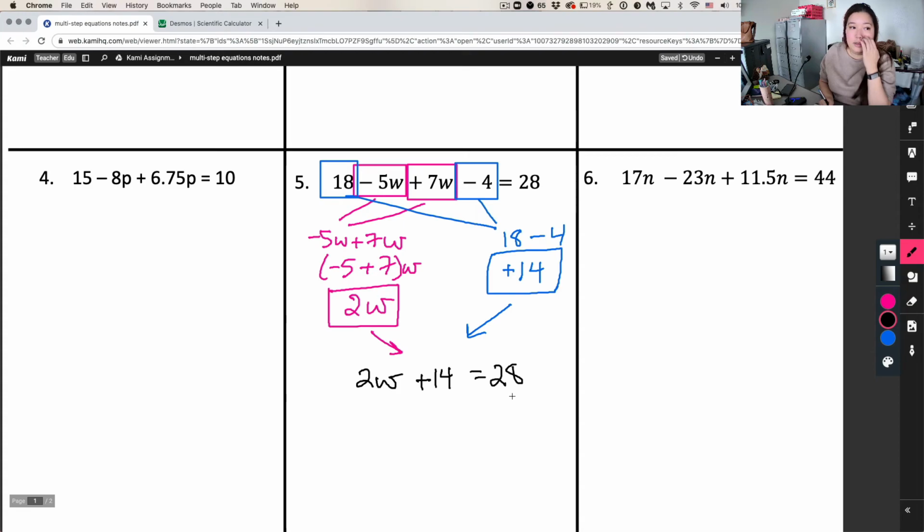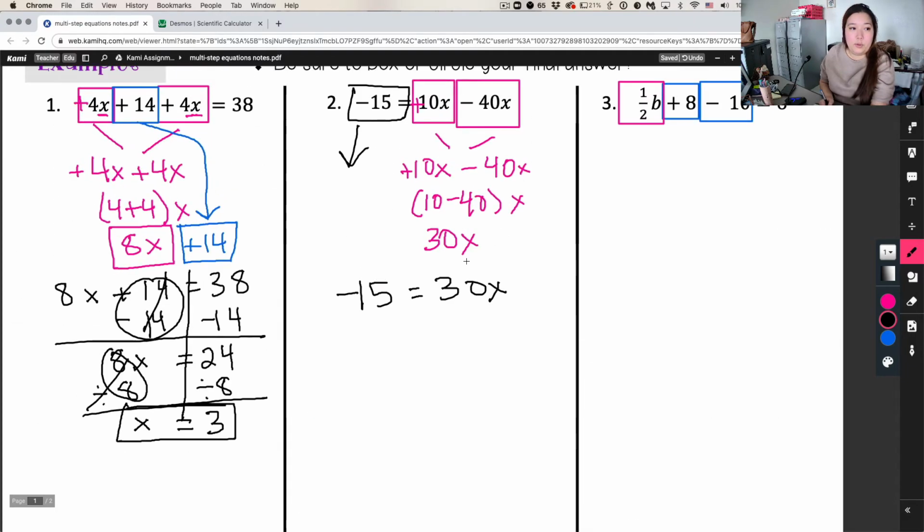Okay? So when you're putting it together, as long as you have the blocks in the right places, the order doesn't really matter. So you could have also written this as 14 plus 2w equals 28, and that's fine too. As long as the blocks have the right positives and negatives. Like for example,